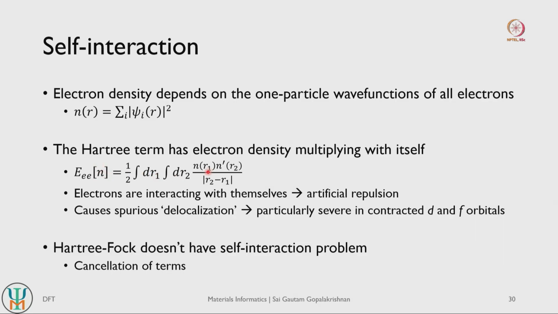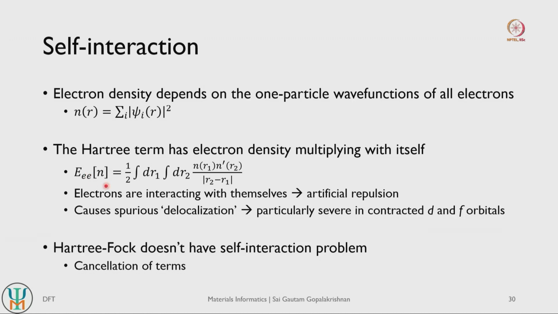So we do a simple multiplication of the electron density. This is equivalent to charge at position R1 and charge at position R2, right. That's what we are basically doing. We are multiplying the electron density at a position R1 with the same electron density variable at a different position R2, and then we take the differences between the two positions R2 and R1, and if we evaluate over all space, we basically get our electron repulsion term, right.